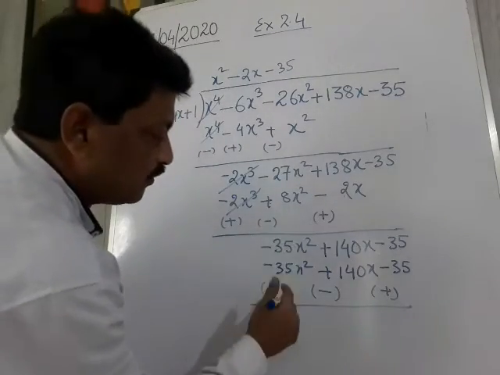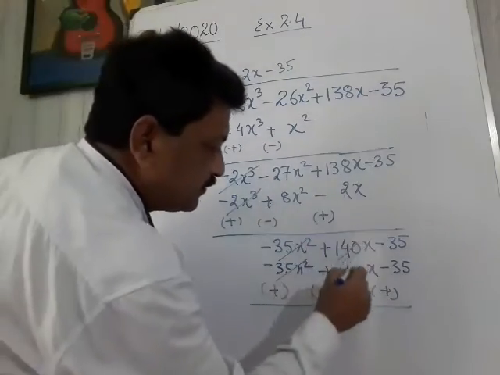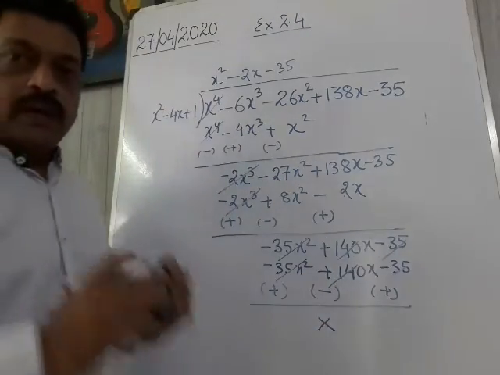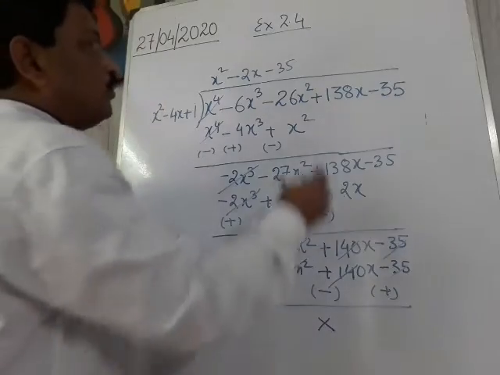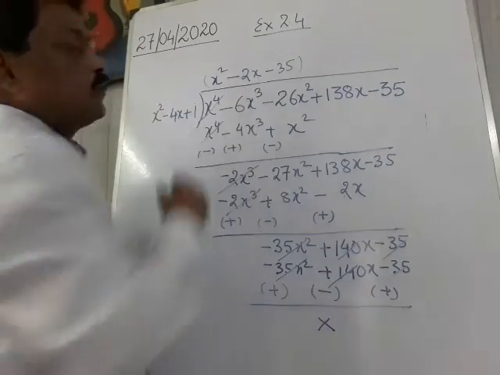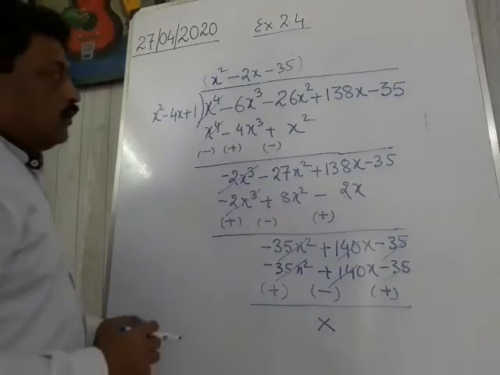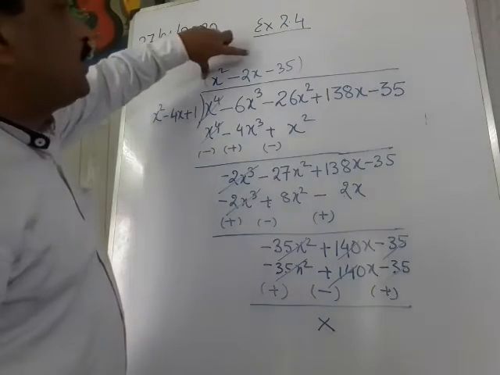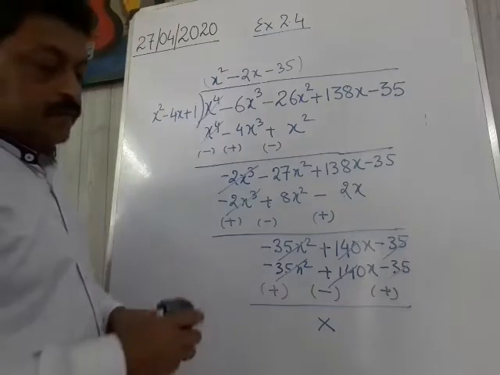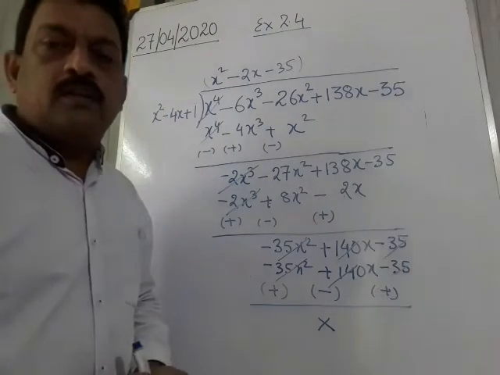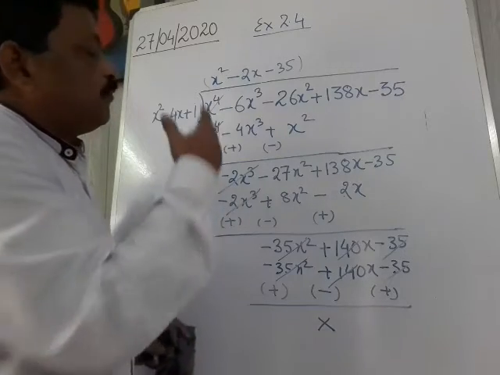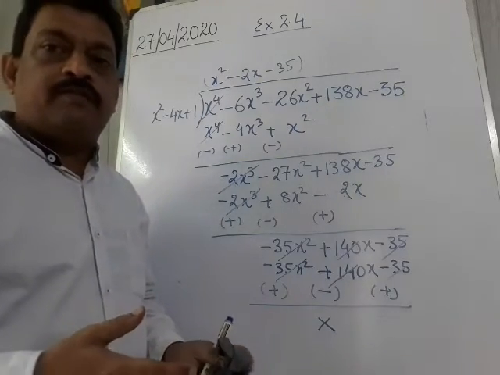So you can see all the numbers are cancelled here. That means the remainder is becoming 0. As soon as the remainder becomes 0, we have to look for the quotient. So the next step will be to find the middle term factorization of this quotient. You all know, you have already learned how to find the factors by splitting the middle term factorization method.